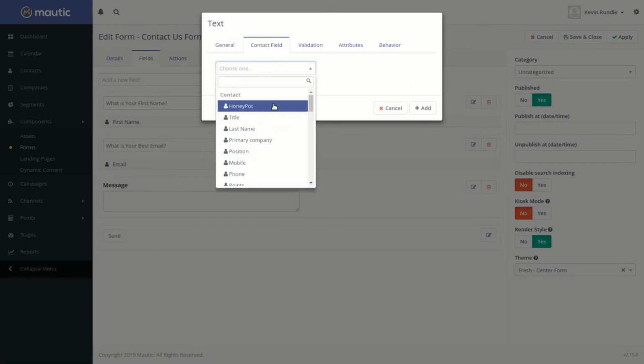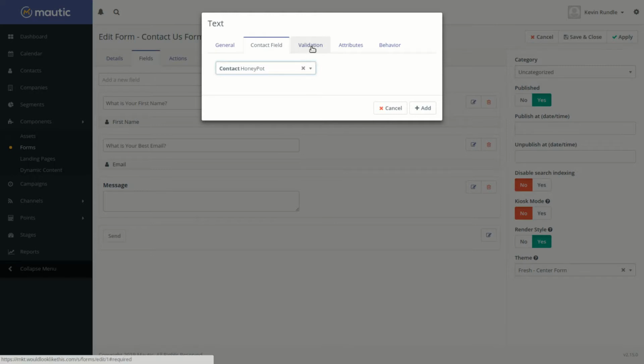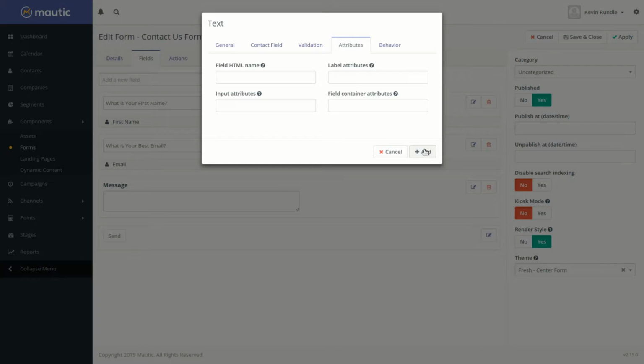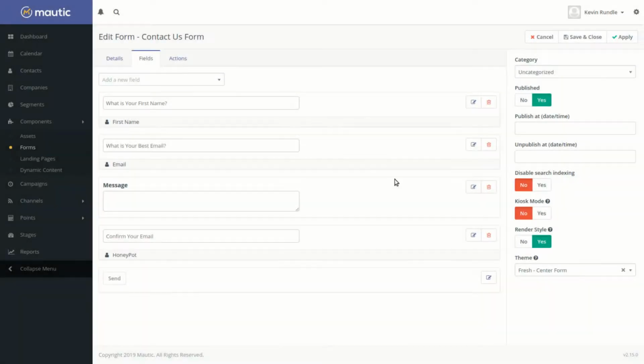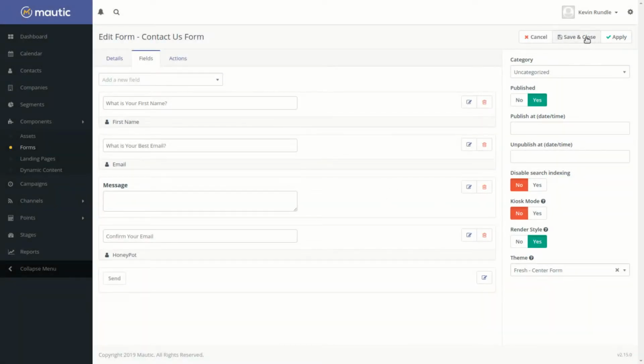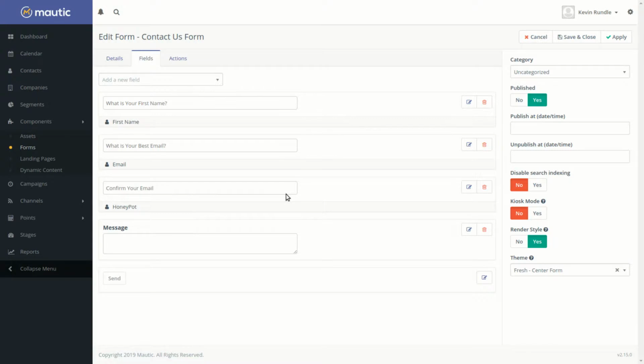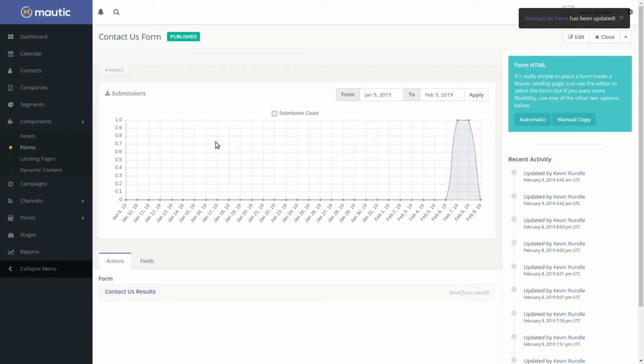This is now going to go in the honeypot position. I don't want it to be required. And then I'm going to add. Now, and then I'm going to move it up. There's no real reason to move it up other than I like them to be in an order that makes sense to me. So if we click save and close and we go to our contact us page